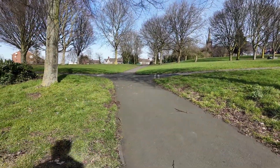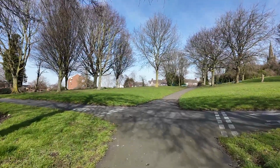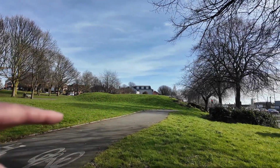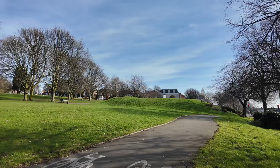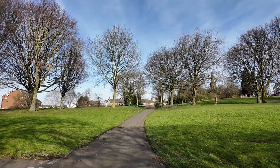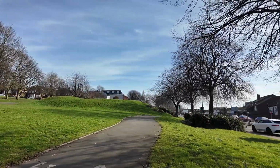This path just off the High Bull and Island, this would be Ladbury's Lane. Ladbury's Lane. And here would be the fire station, which was built in 1899 and closed in 1968. I think there was a shop of sorts just here, but this was the site of the old Wednesbury fire station until it closed in 1968. It was demolished not long after to make way for all this new road system around here,